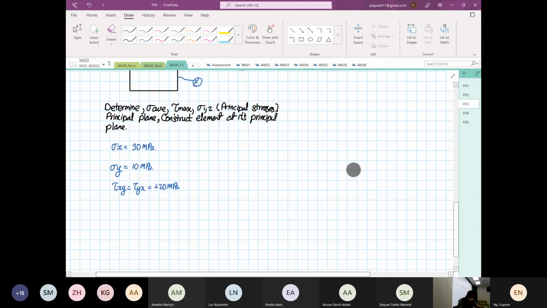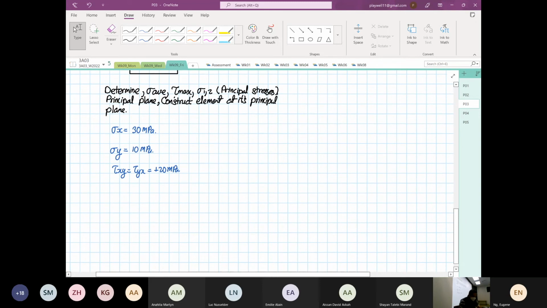So what does positive 20 megapascal mean? Okay, so I'll bring you quickly to what we mean by positive shear and negative shear. If we look at positive shear,